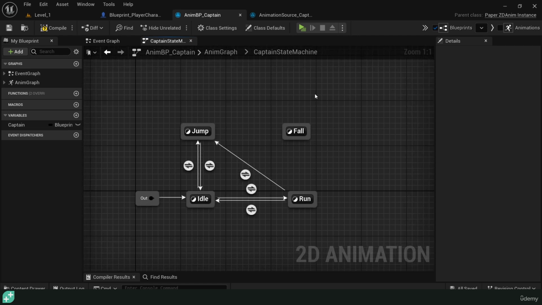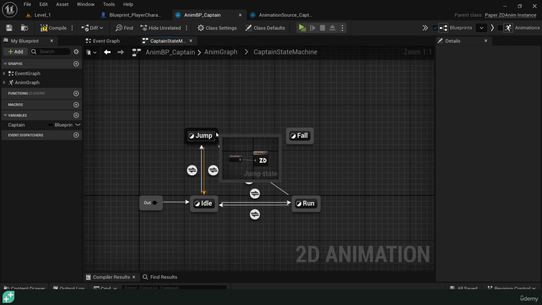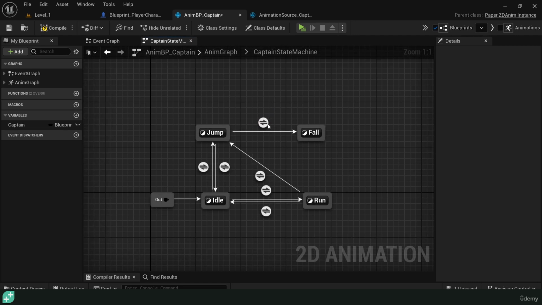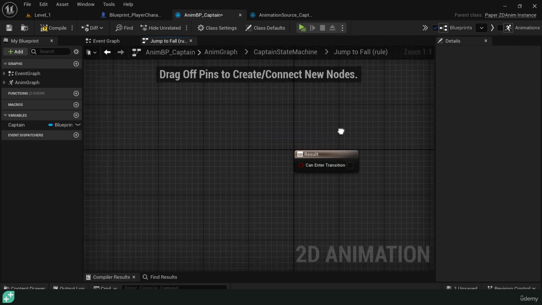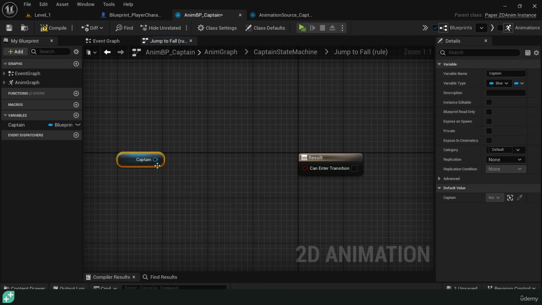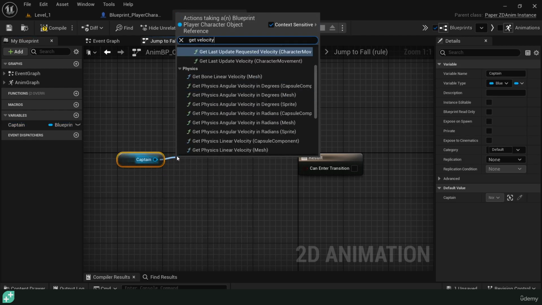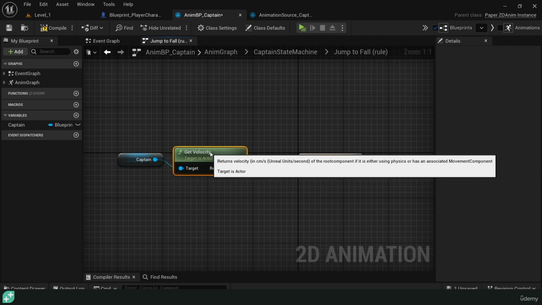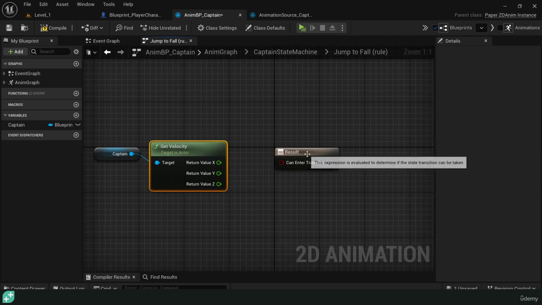So first of all, we want to be able to go from jump to fall. So when the player goes up, it's in the jump, and once it starts falling down, it's going to be in fall. So let's create that connection and write the rule. As always, see if you can do this yourself as well, if you want to. The rule is going to be very simple, actually. We're going to get the captain again, take a look at the velocity, the z velocity,